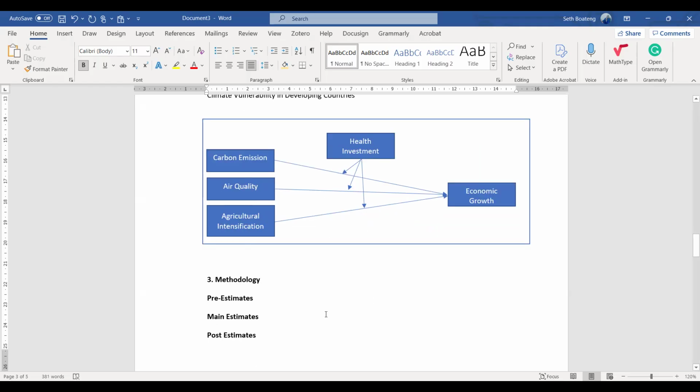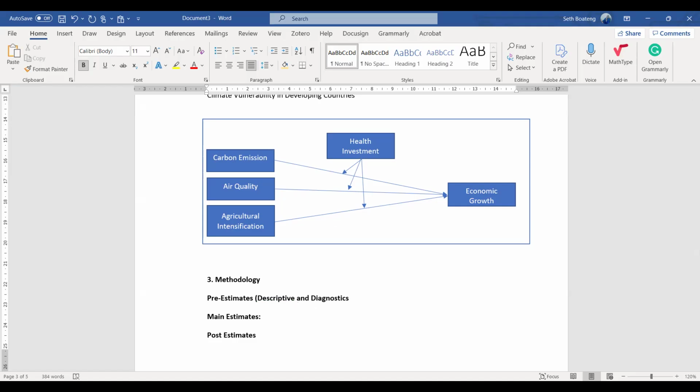So this is more of descriptives and diagnostics. This is what tomorrow we will be doing, the methodology part.